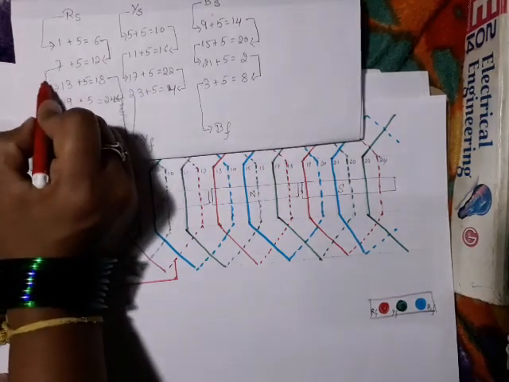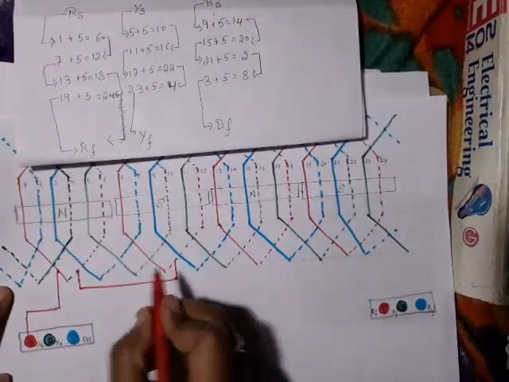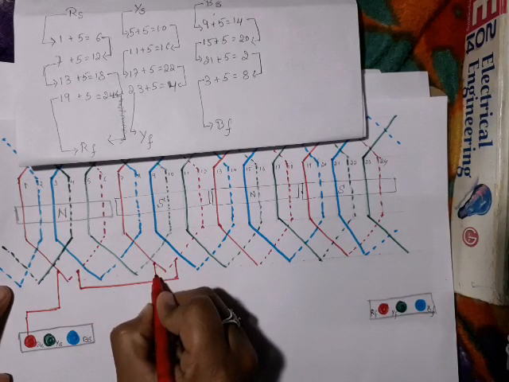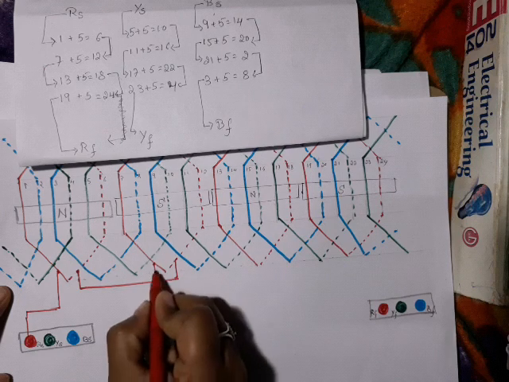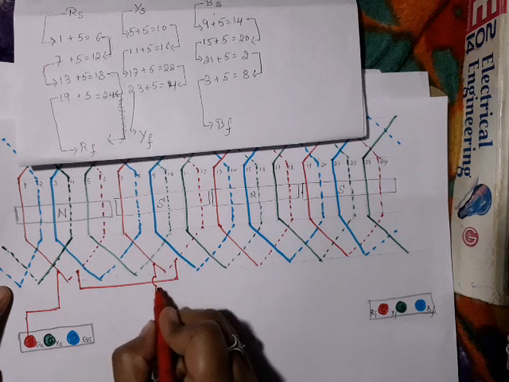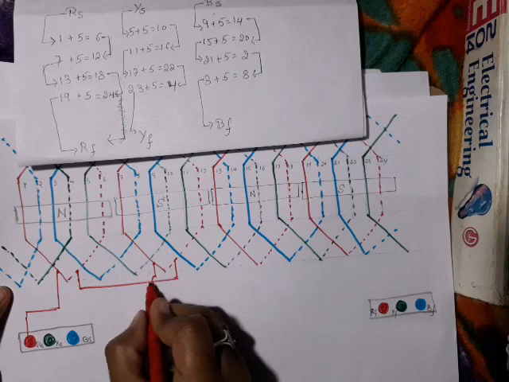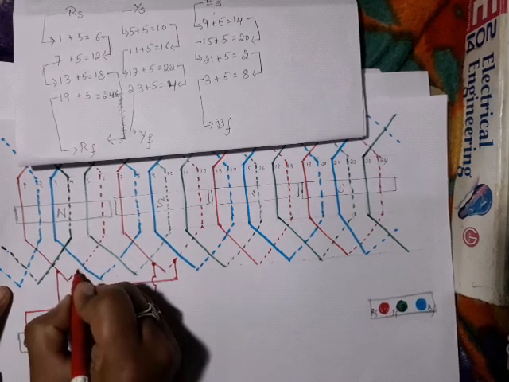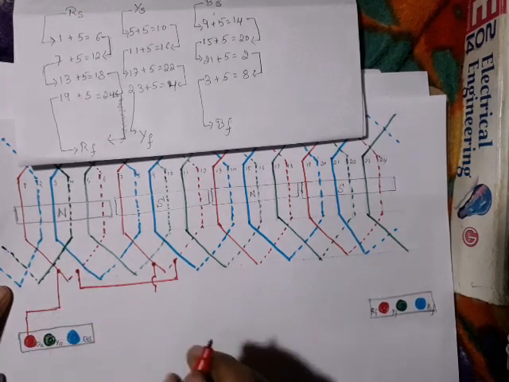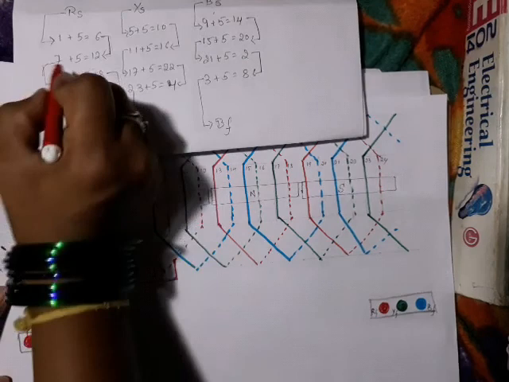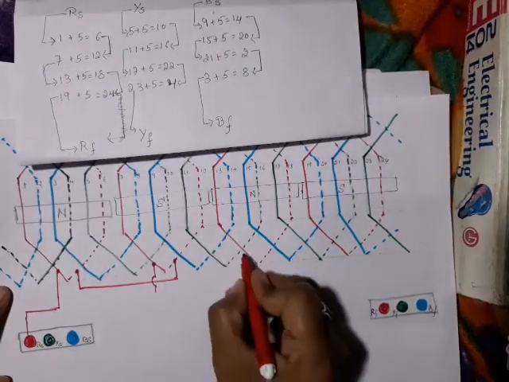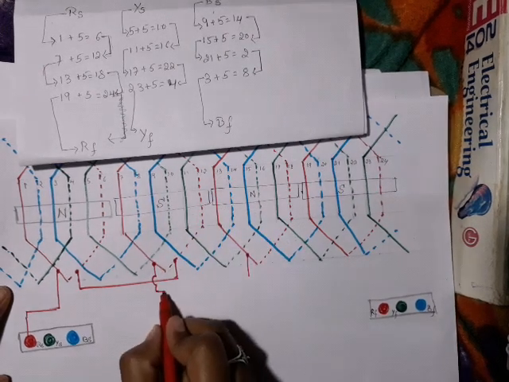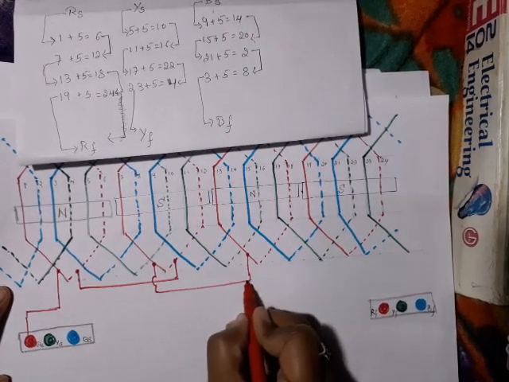Next, 7 is connected to 13. So where is the 7th coil? Here I have the 7th coil. When you are connecting, you should not cross this directly. You have to use a jump so that there is no connection between this line and this line. And while showing the connection, just use this type of dots. It means the connection has actually started. 7 is connected to where? Coil number 13. Here you have coil number 13. 7 is connected to coil number 13.